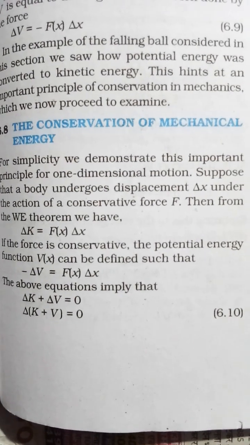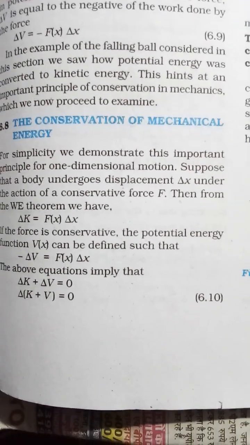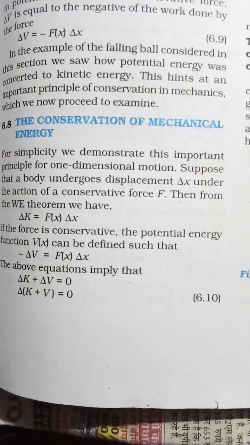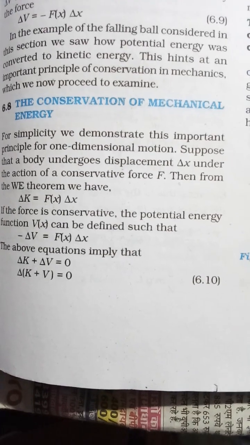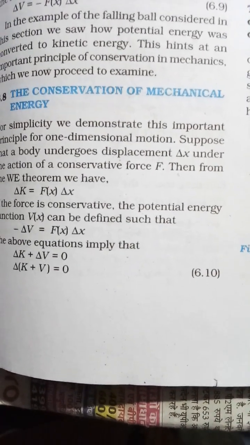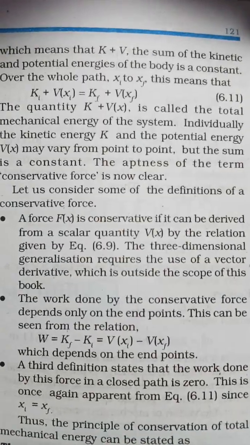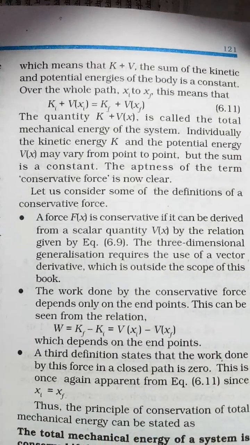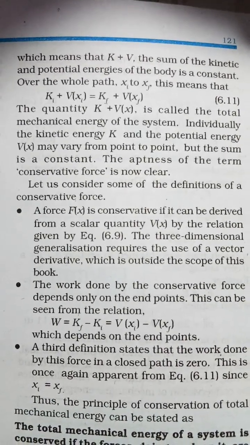If the force is conservative, the potential energy function V(x) can be defined such that −dV/dx is equal to F(x). The above equations imply that ΔK plus ΔV is equal to 0, and K plus V is equal to constant, equation 6.10. Here you will see, which means that K plus V, the sum of the kinetic and potential energies of the body, is a constant